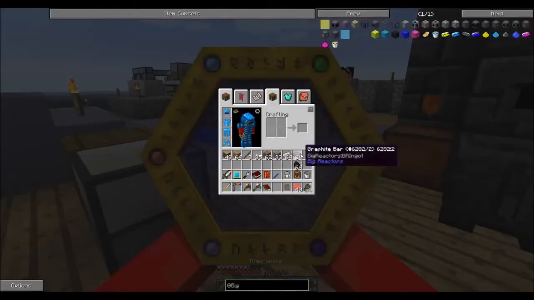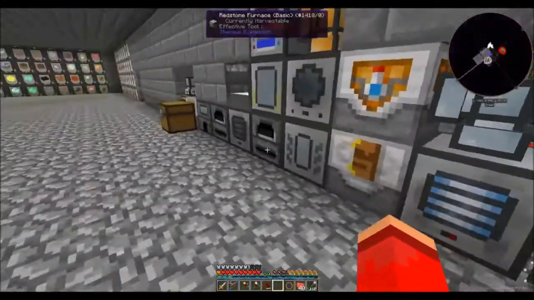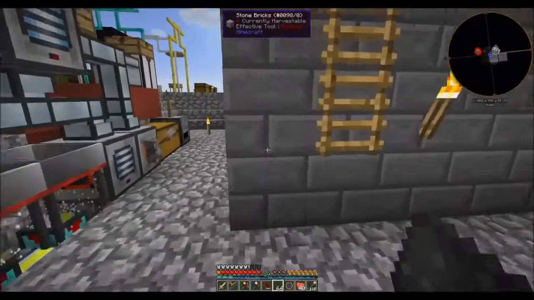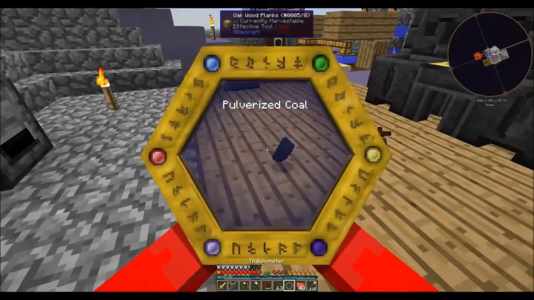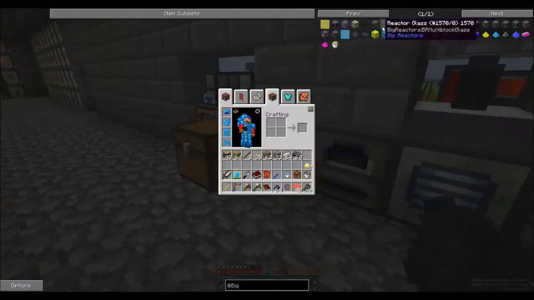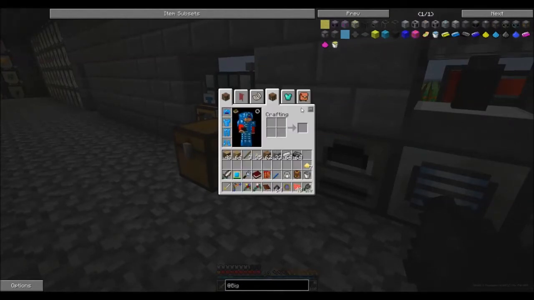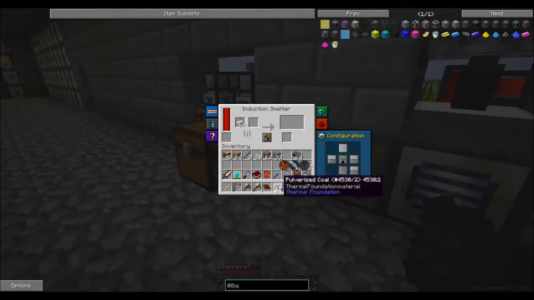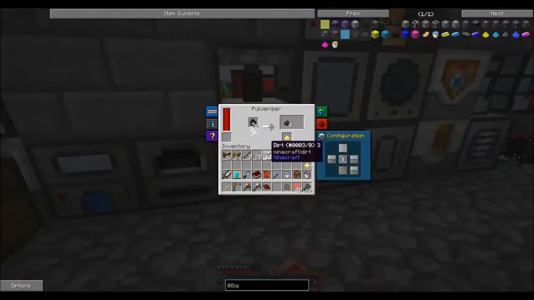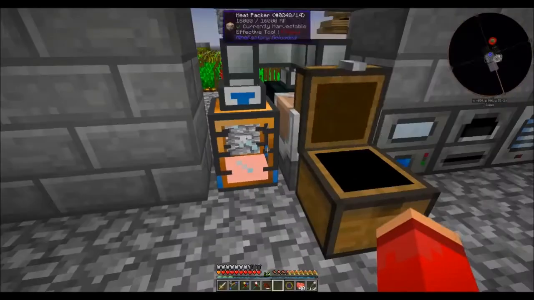Can we scan graphite? I don't know that we can. No, we can't. Alright, looks like this is done. This one can go in now. Okay, can scan that, that's for sure. Alright, so how did I make steel again? It was in the blast furnace, right? Induction smelter, whatever. Cool. So that'll go. We're still only at...